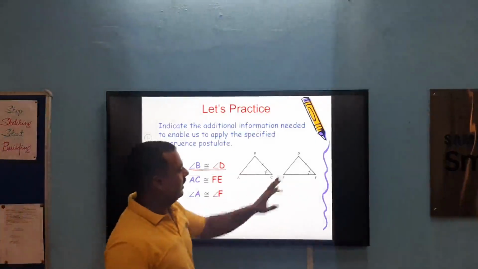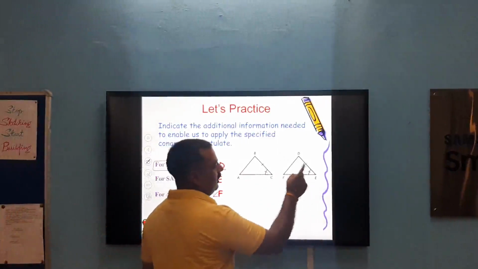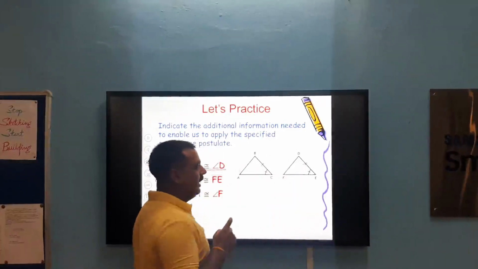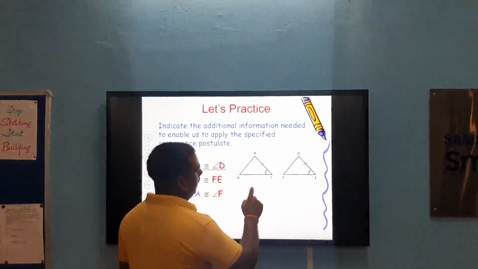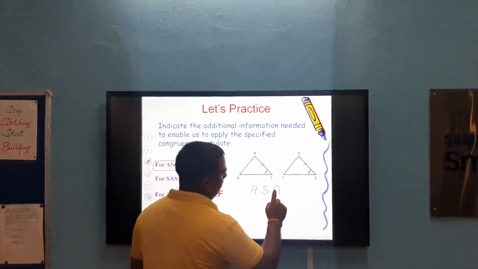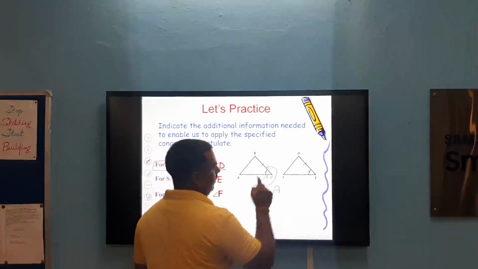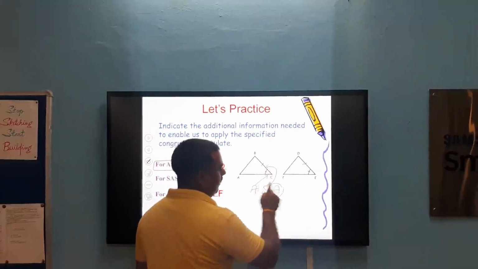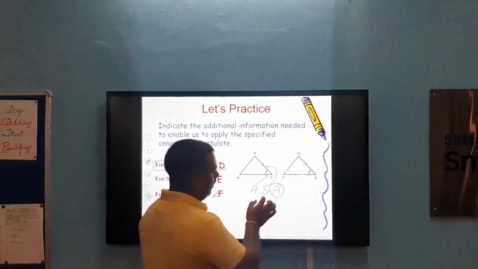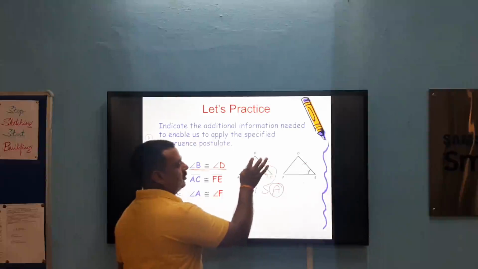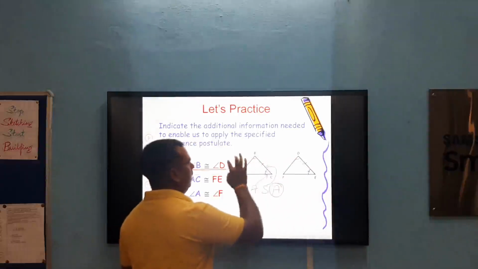Here in two diagrams, angle C is equal to angle E, BC side is equal to DE. So, for ASA, we get one angle, we get one side. Now we must know another angle. Here the side must be included. So this side is used, so angle B is equal to angle D.